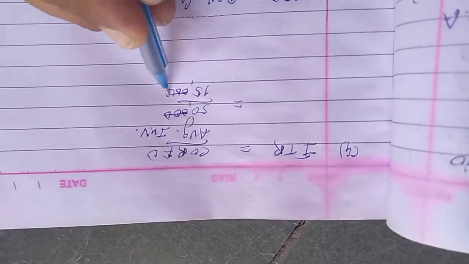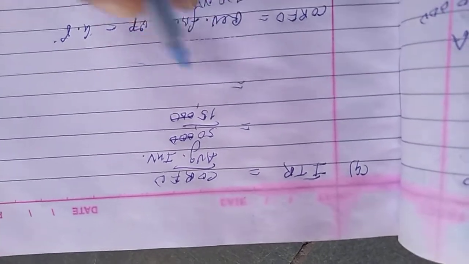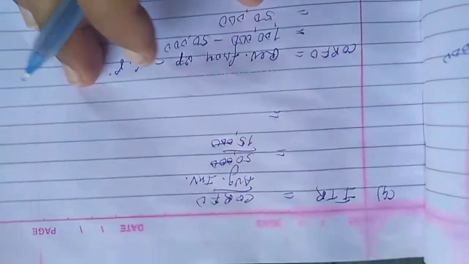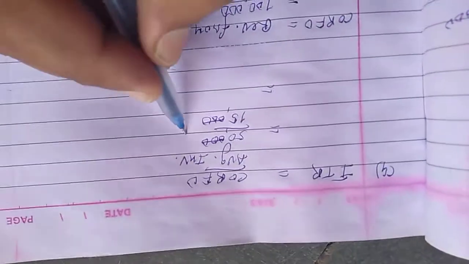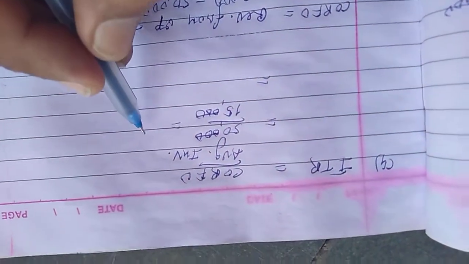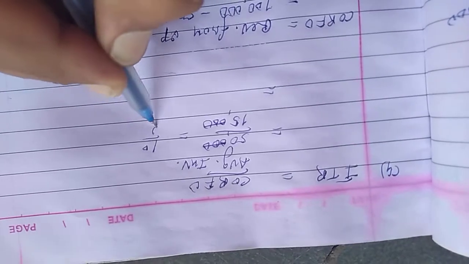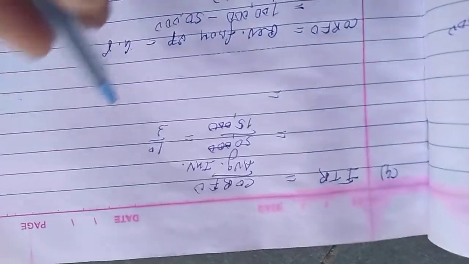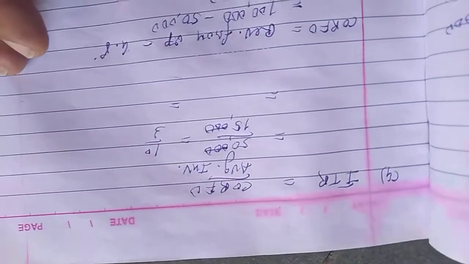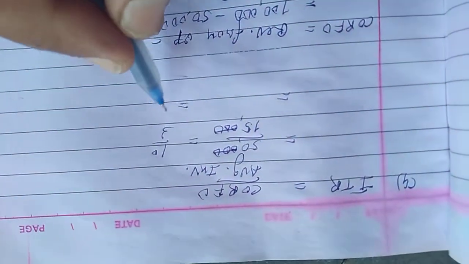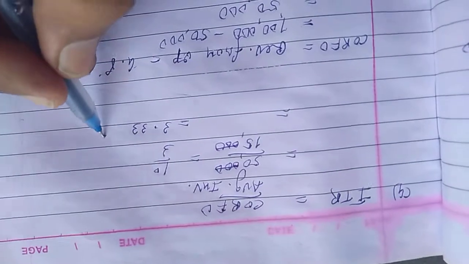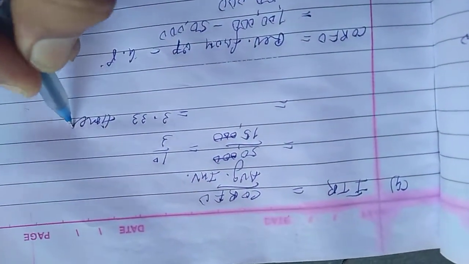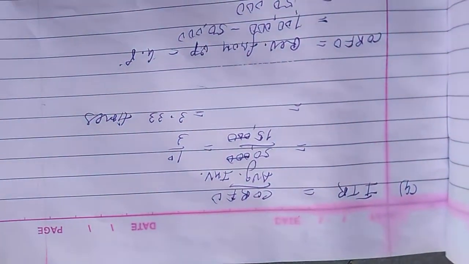So 0 cut, 50 divided by 15. As I told, first of all get it in reduced form. 50 divided by 5: 5 tens are 50 and 5 threes are 15. Now it will be easy to find inventory turnover ratio. 10 divided by 3. 3 3s are 9, again 1, 3 3s are 9, 3 3s are 9. 3.33 times. That will be the inventory turnover ratio.